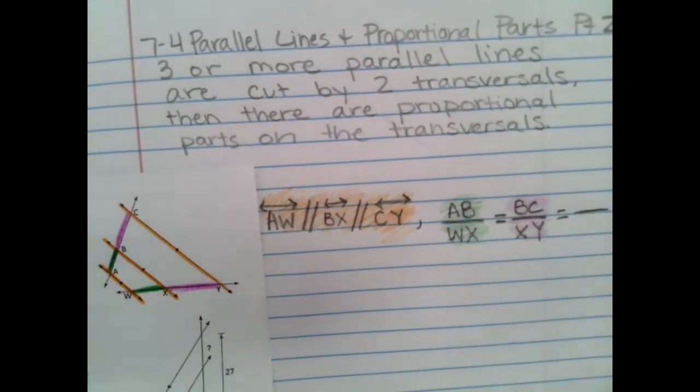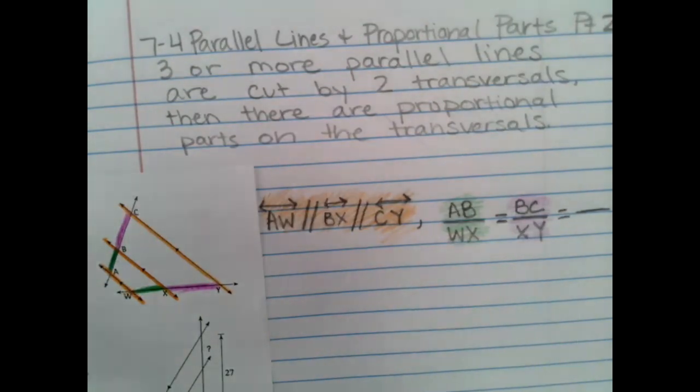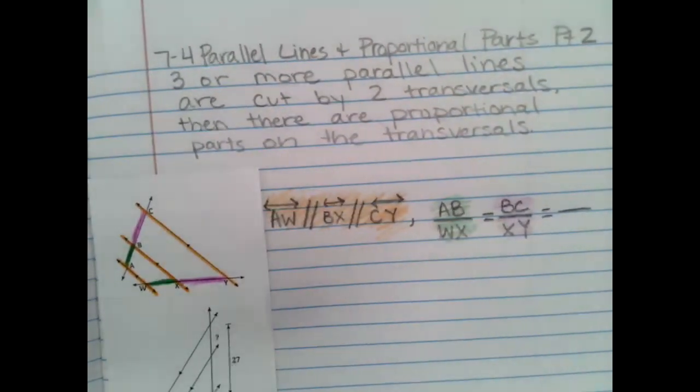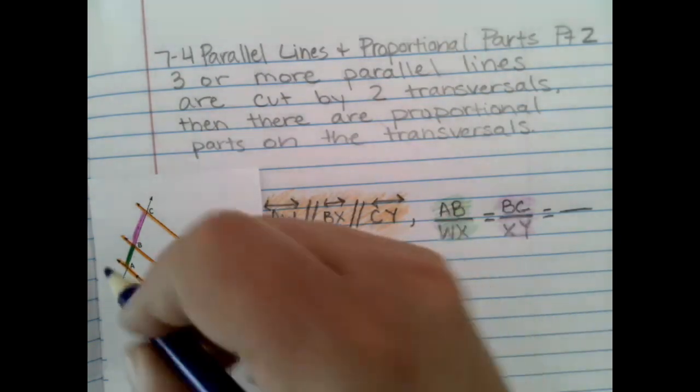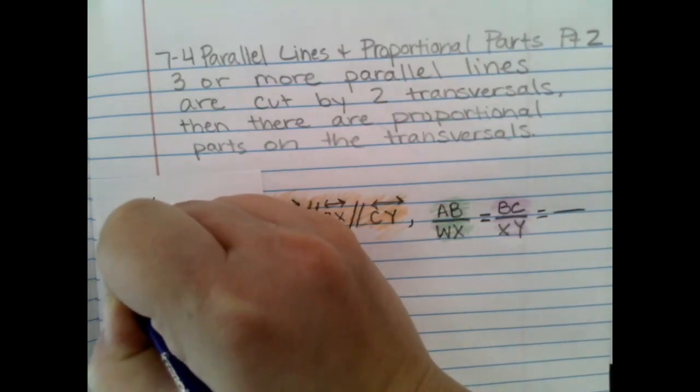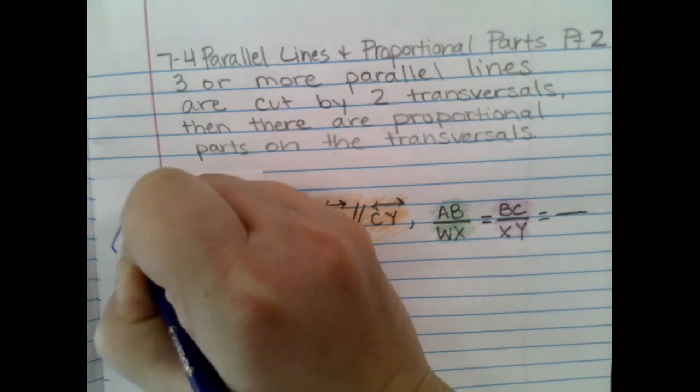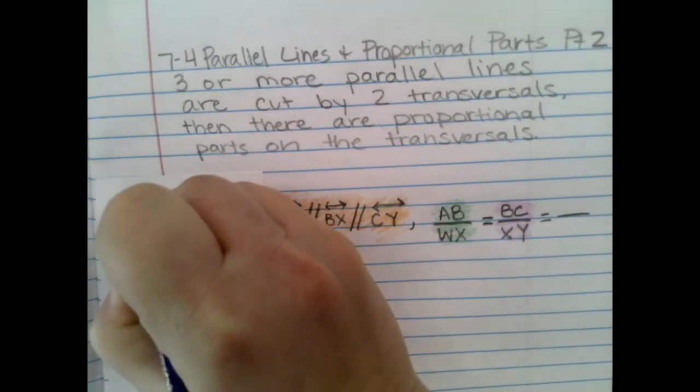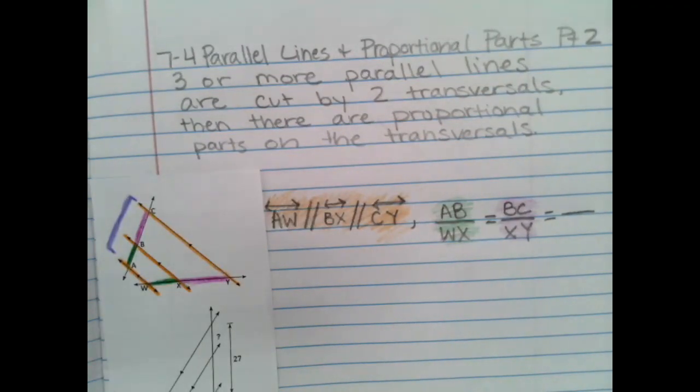And then there's one more length that we can compare here. And that last length we can compare is the total length. So from A to C, we can compare that to